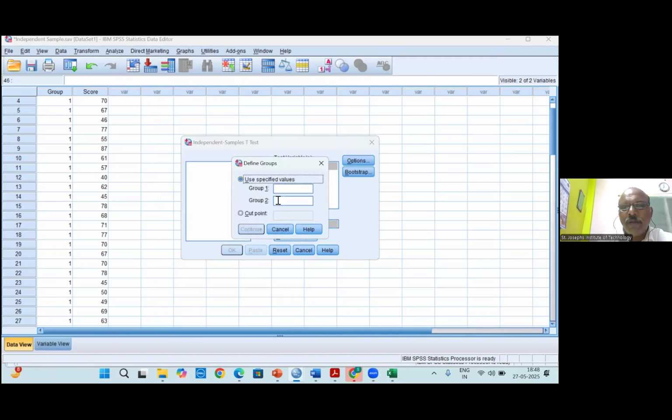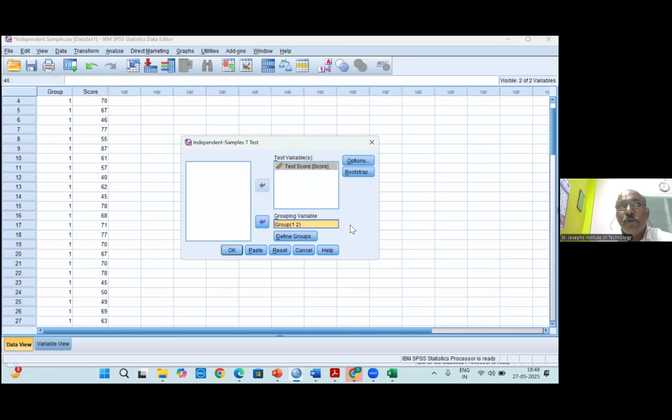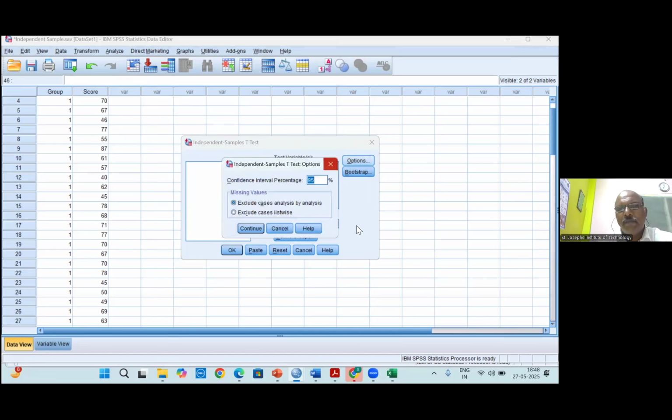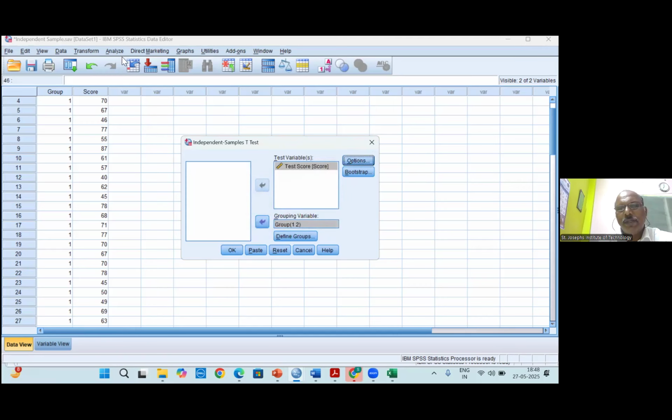So in define groups, I will say that group 1 is 1 and group 2 is 2. So I'm doing it. Suppose you are using zeros and ones, you have to enter zero and one. Again, you click options, and you can see that by default it is 95%. So I repeat,